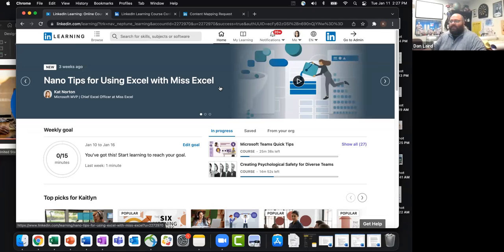There is a LinkedIn Learning website. I will copy that URL into the chat. There it is. So at the top of that page, there's a log in to LinkedIn Learning. And then if you put in your LakerNet ID and password,